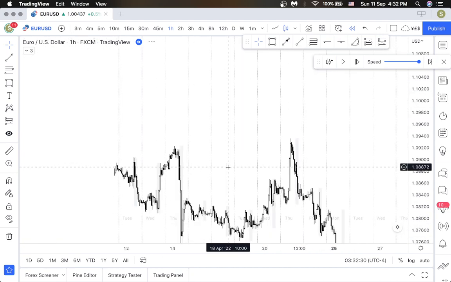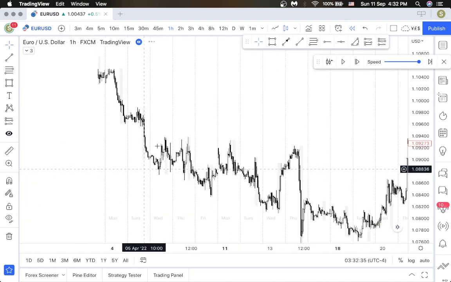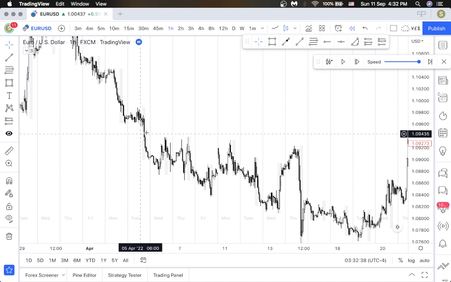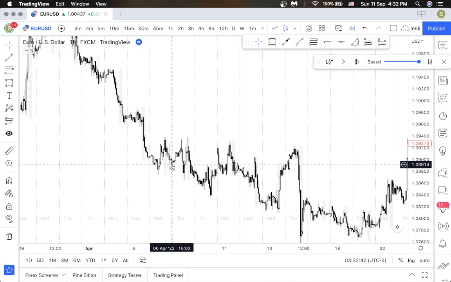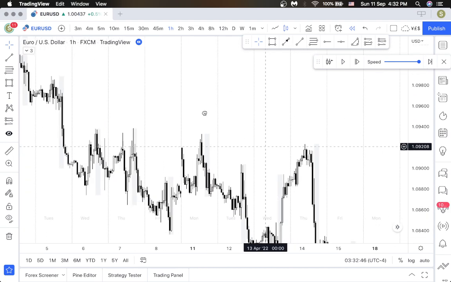I'm all the way back in April. Okay, so sometimes if you don't see an order block on the 1 hour with the imbalance, you can go to like a 4 hour. Of course, check different time frames because it'll look different on a different time frame. Of course, it doesn't need to be said, but